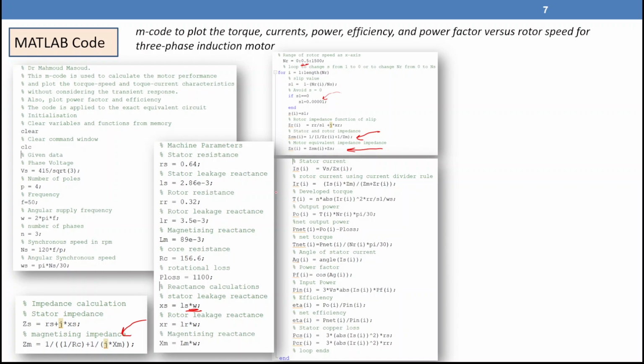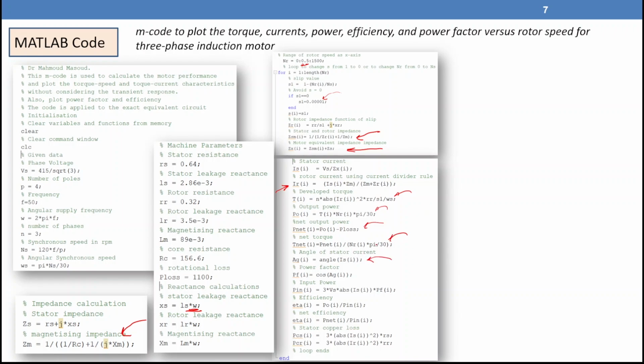So once we have that one, we can calculate the stator current, V supply over the total impedance, and then we can calculate the rotor current using the current divider rule. So I stator multiplied by Zm over Zm plus Zr, as a function of slip. From this one, you can calculate the torque, the power output, the power net, the torque net using the equations we had before in the previous chapters,